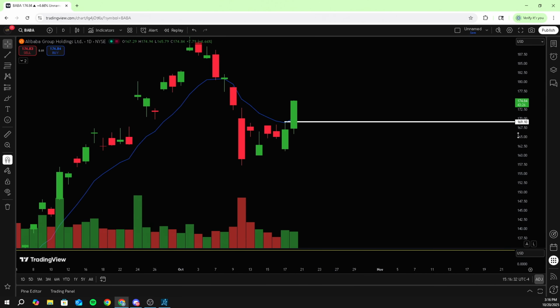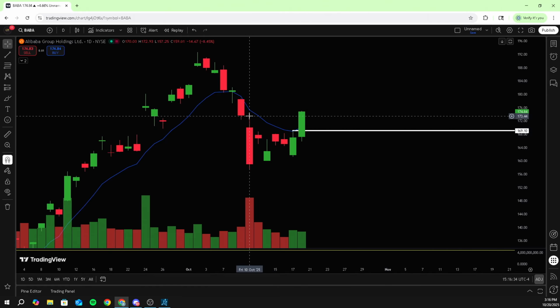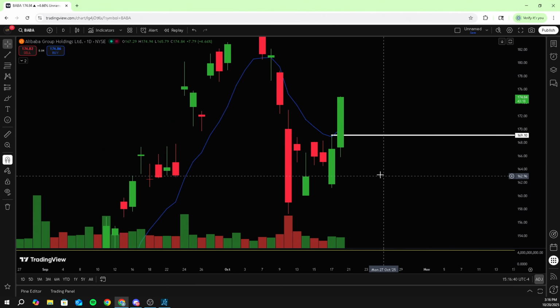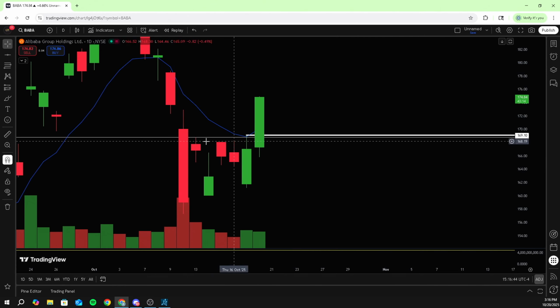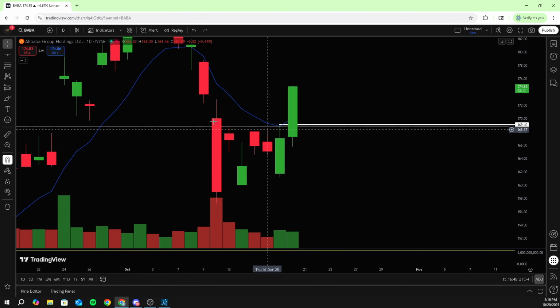You can see BABA here. We kind of are forming this little wedge, or this little trend line right here. You don't even need to draw it. You can kind of just see it. And it's kind of like a base too as well. You can see right here, we have this little area of resistance. We started to break above it today on Friday. I used Friday's high for my entry.